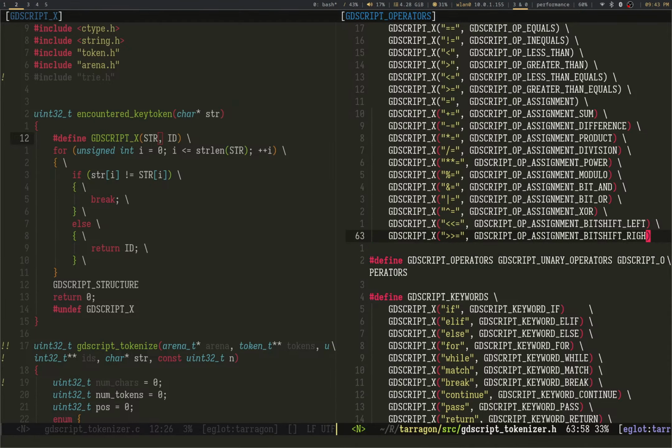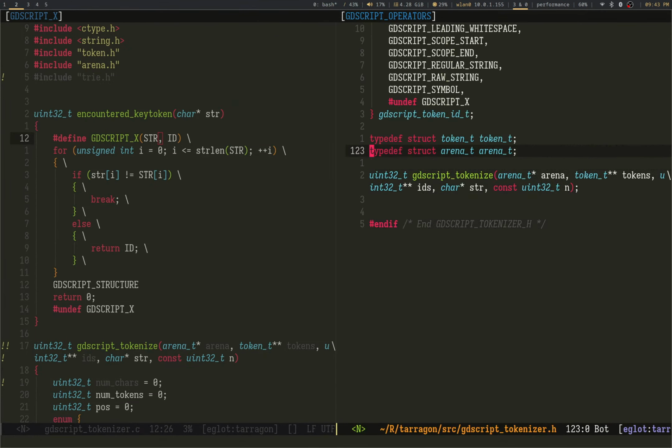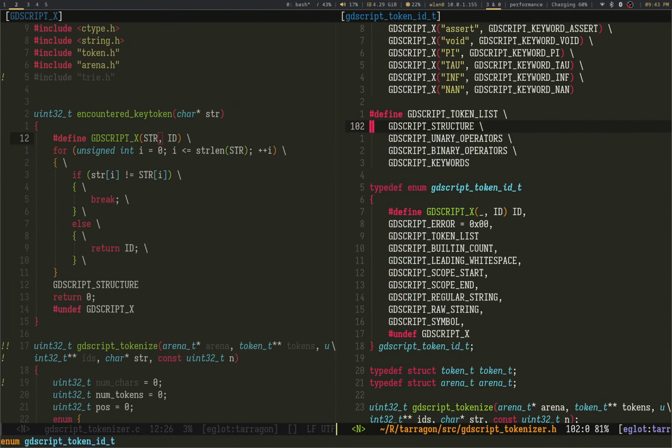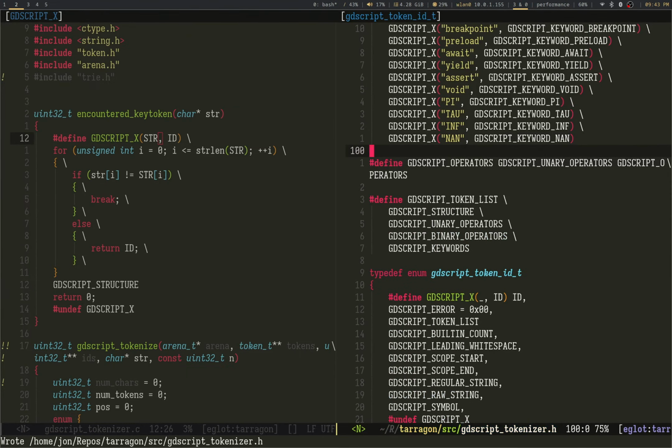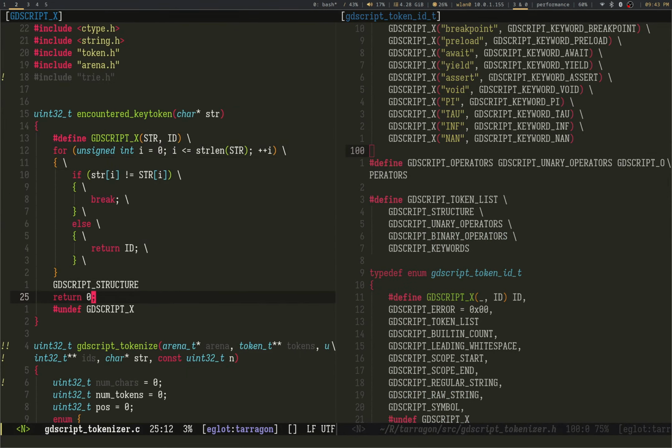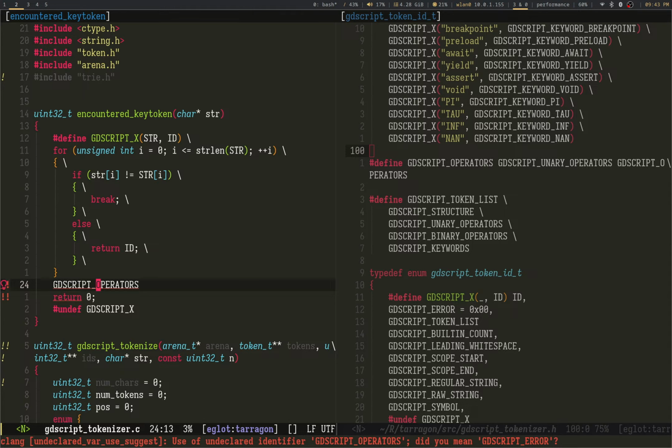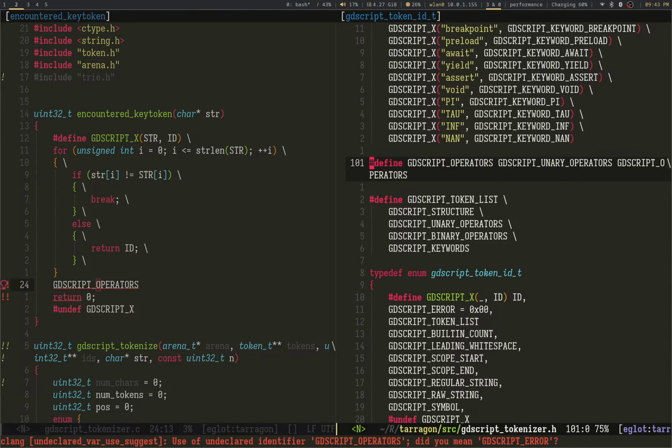There we go. Oh wow! So I could just swap this out right here. Did you mean GDScript error? No, I didn't.